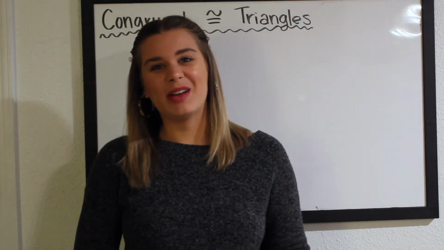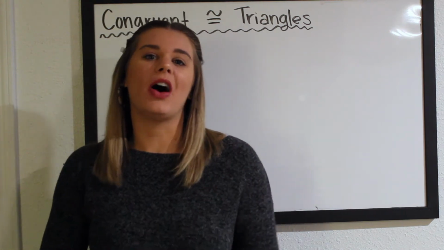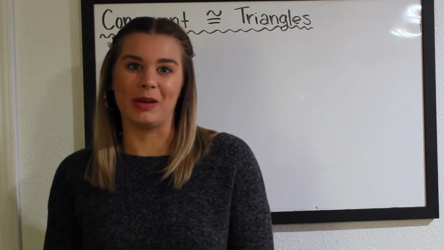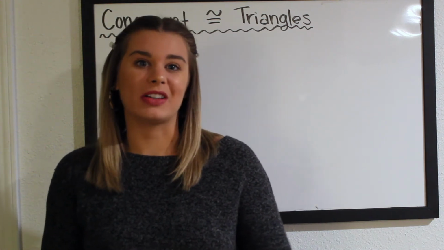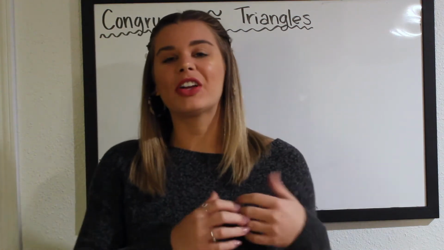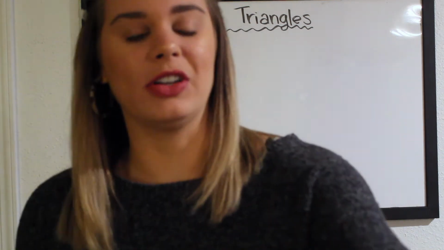Today we are talking about congruent triangles. Two triangles are congruent if they have the same side lengths and angle measures. In other words, all of their corresponding parts, which is one of our key vocabulary words we're going to be going over, are congruent. So let me first go over